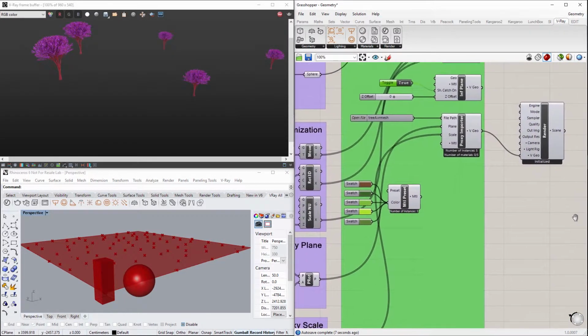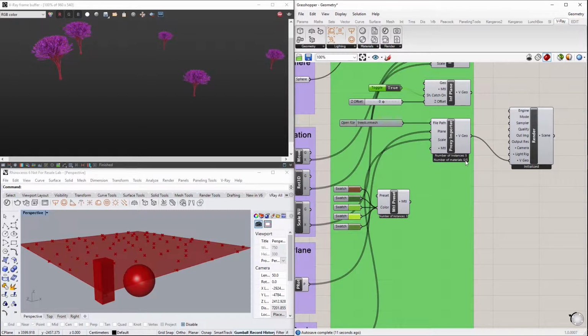Beneath the proxy importer and the material preset nodes, you'll also notice the number of instances indication here. If we connect these two nodes, you'll see now in the IPR that the tree instances have the material preset nodes colors applied to them. Now let's stop the render